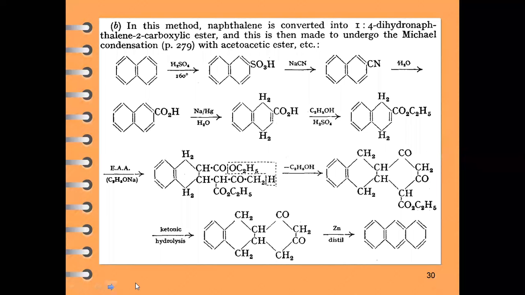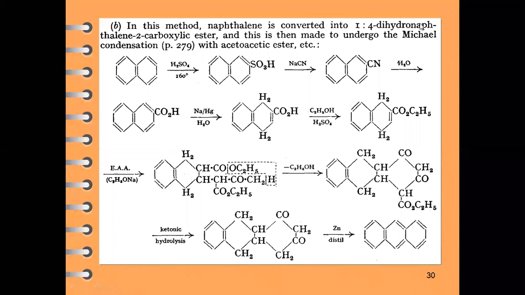anthracene. Second method, again when we are going to use naphthalene for the synthesis of anthracene. When naphthalene reacts with sulfuric acid followed by ethanol, there is formation of an ester derivative, that is 1,4-dihydronaphthalene 2-carboxylic acid ester. Now, this is a tedious process, nobody will ask in the exam, but you should know